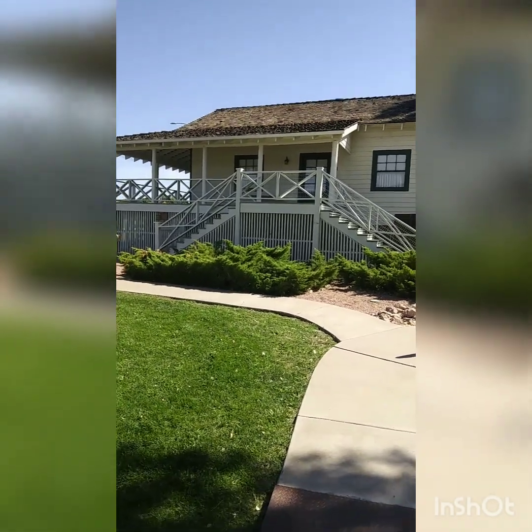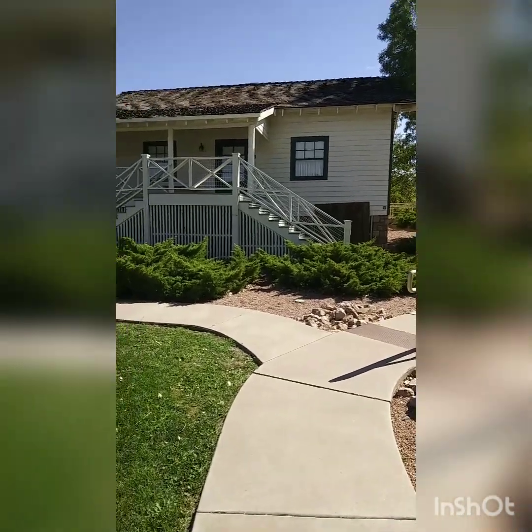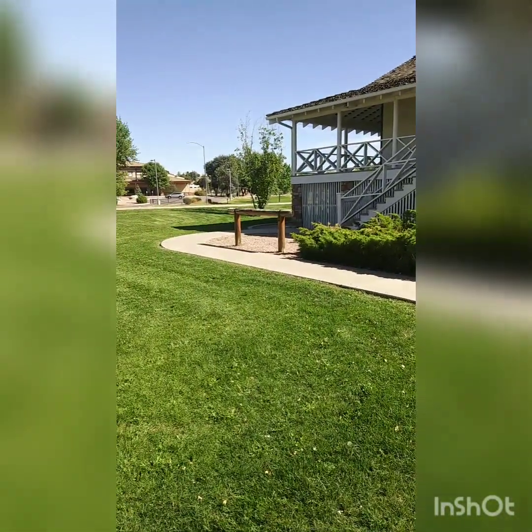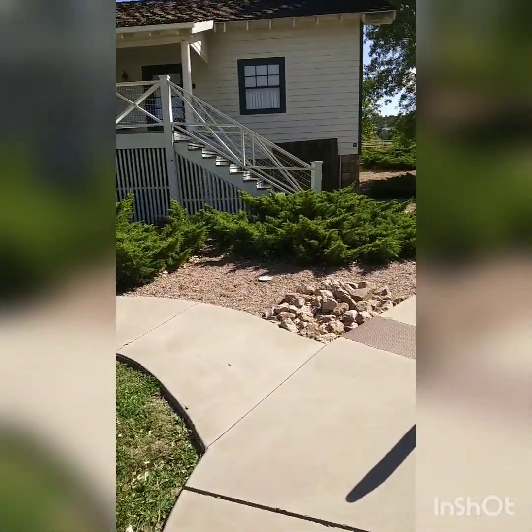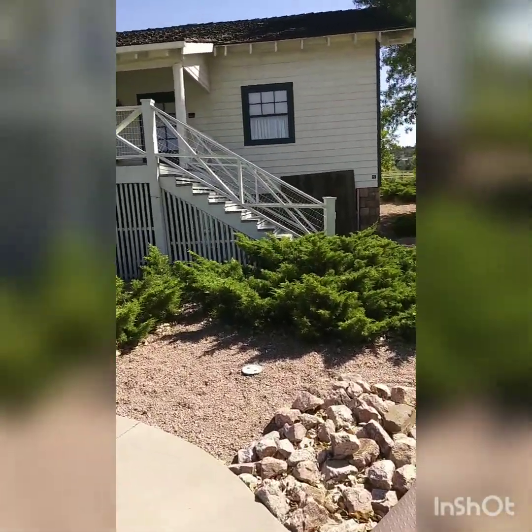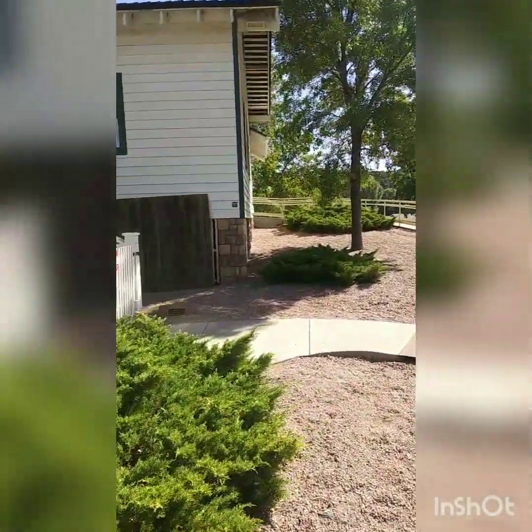We went into the cabin tour last time, but as you can see, the cabin's a fairly nice size. And there's a hitching post for the horse. And we're just going to do a real quick tour around. As you go up,